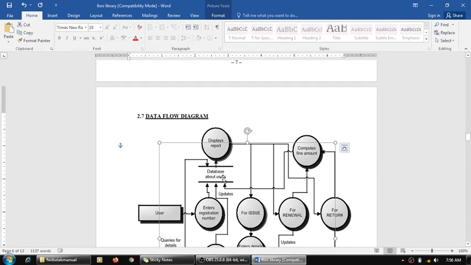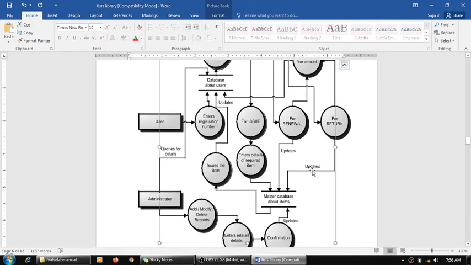So database is what? Where you can store and retrieve the information, right? Then you can search the book, you can return the book, for return, for renewal, for issue, right? So these are a lot of things. You know how the processing is being carried out in the library. Maybe this diagram is not very accurate, you have to work upon it. First of all, it is represented in a generalized form, right?